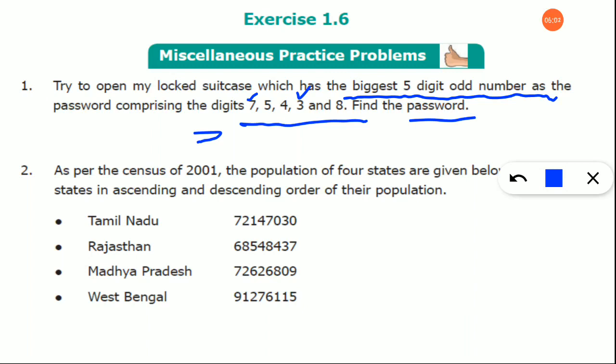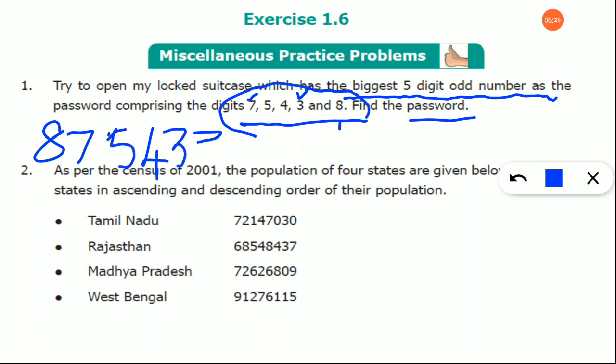Okay, now first they are telling you it is a combination of these 5 numbers and as well as it is the biggest number. So which is the biggest number here? 8 is the biggest number, so it should come first. And then biggest number means it should come in decreasing order as in the set of these 5 numbers. And next you can write 7. And then 5, 4 and 3. Okay. Now for all the word problems, you have to write statements and then only solve.